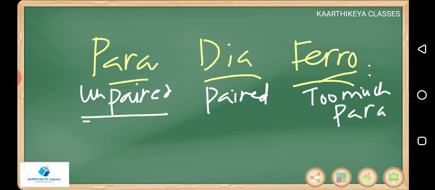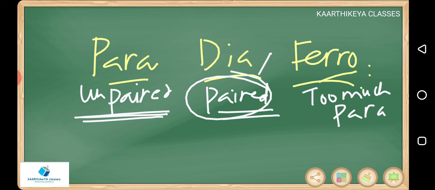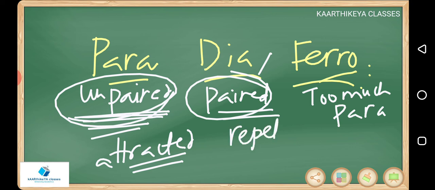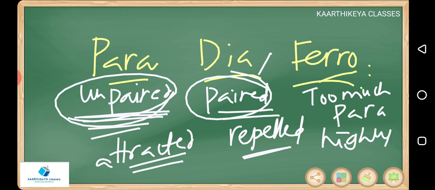Here, simple basic lines will say better. Paired electrons, unpaired electrons, and based on that, if all electrons are paired, that is diamagnetic. At least one unpaired electron, that will be paramagnetic. It is attracted by external magnetic field, weakly attracted. It is repelled by external magnetic field, and this is highly attracted by the external magnetic field, like iron.